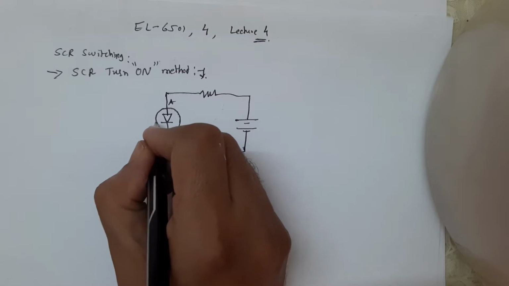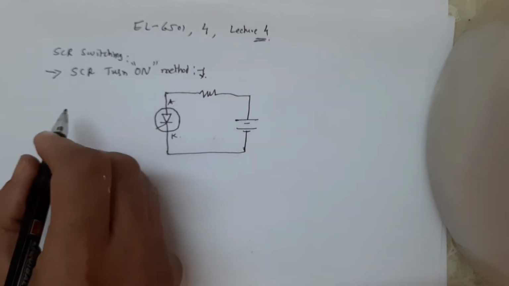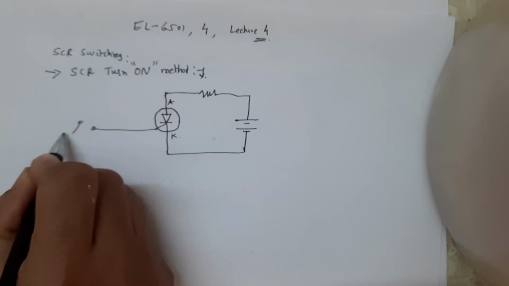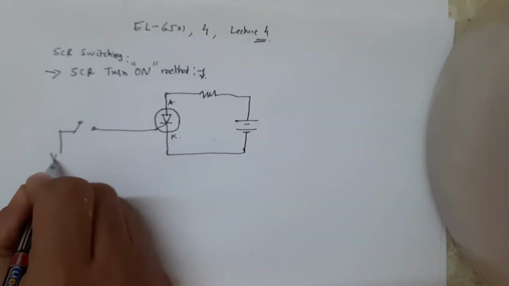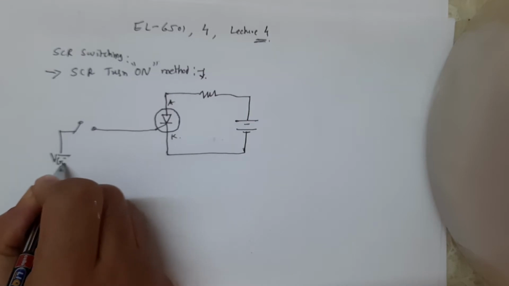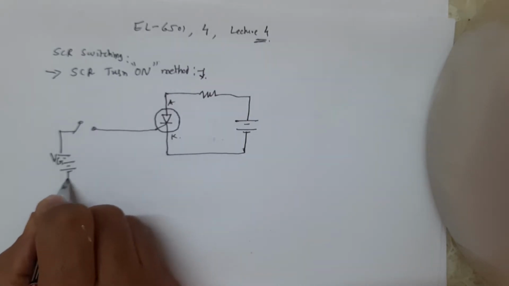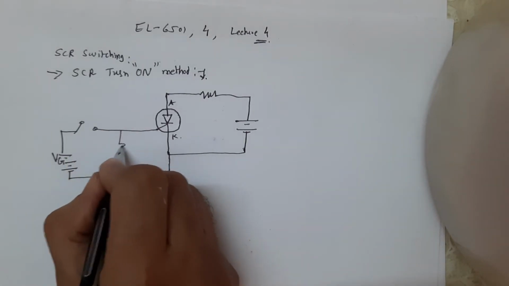And this is your gate. And the gate is connected to the switch. This is your switch. Gate voltage VG. And this is your resistance